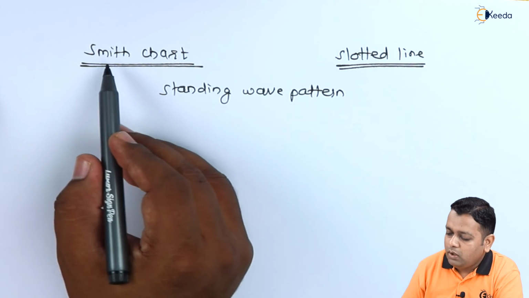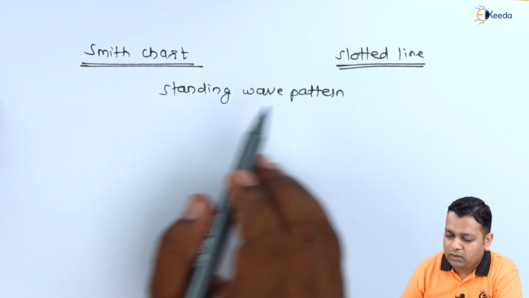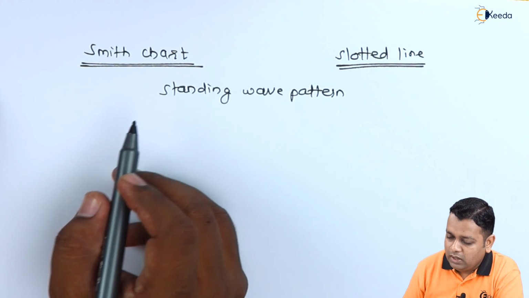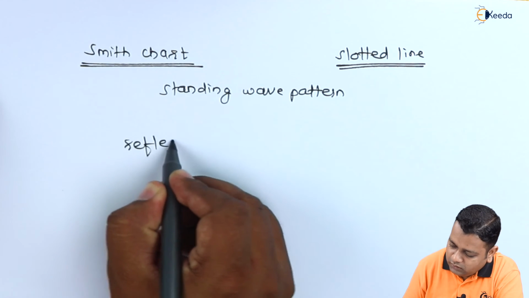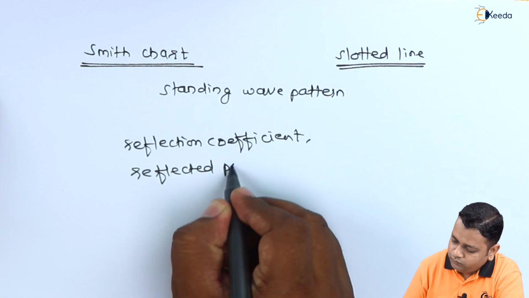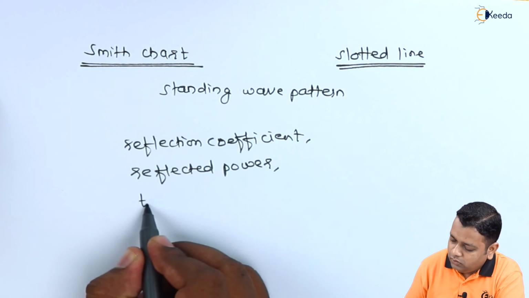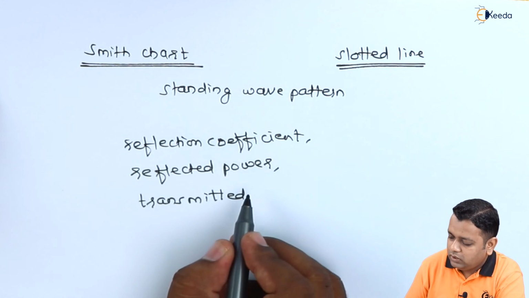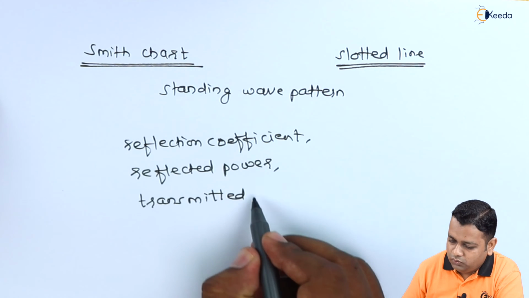Now, whether you go with the Smith chart or the slotted line, the standing wave pattern can be determined directly from these two methods, and we shall have knowledge of the reflection coefficient and the reflected power. In turn, the transmitted power will also be calculated when we have the incident power and the reflected power known to us,